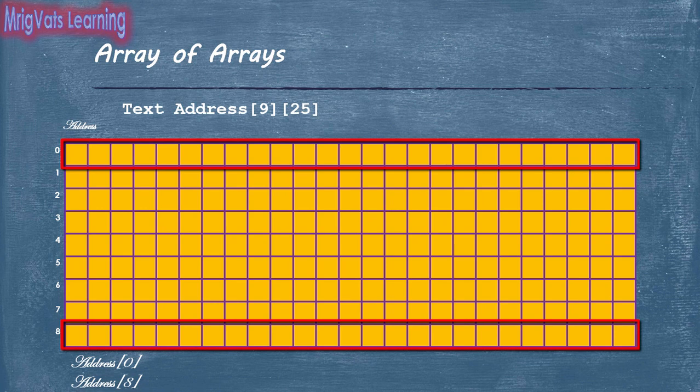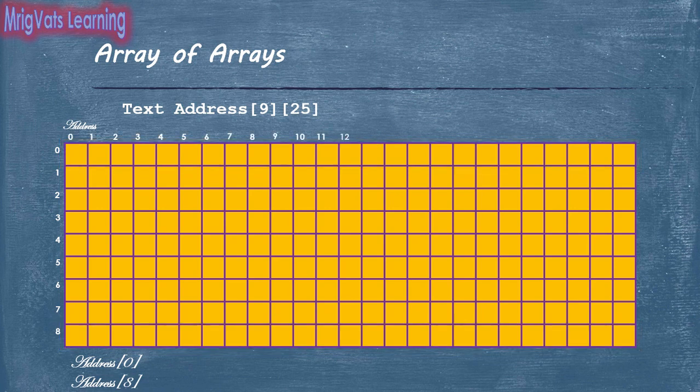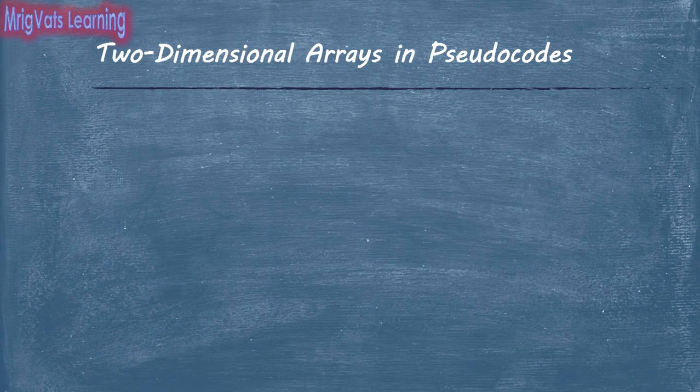This indicates that when you access the first element of the text array, you actually access the complete array in that row. However, to access a specific array element, you must specify both the indices. Now, to update the previous program and enable the user to accept names and marks, maximum 80, for multiple students